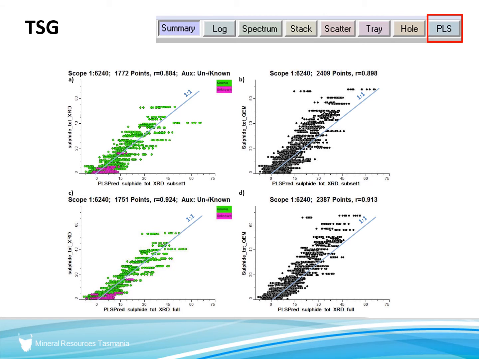And there are partial least squares modeling facilities within The Spectral Geologist where we can create a model for predicting, say, in this case, the total sulfides. Here it is from prediction compared with what's measured in a training set with XRD. And the idea is you can build a model where you can predict something, in this case total sulfides, using spectral features using partial least squares or a machine learning algorithm. Okay,